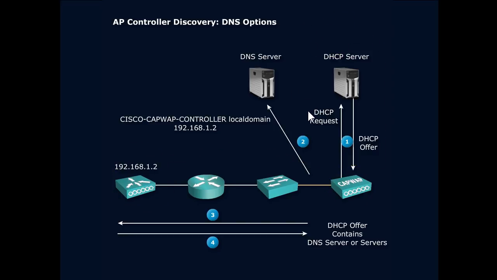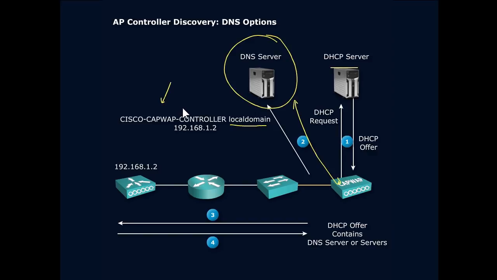The other option is right here. In our DNS database, in our domain name that's going to be associated with the domain that we advertise to the access point from DHCP. Remember, we gave them a pool, we gave them options, we can tell them their domain name, and we can tell them their DNS server. So, based upon that domain name, on the DNS server that we point them to, we can create a record. The record will be called exactly this,